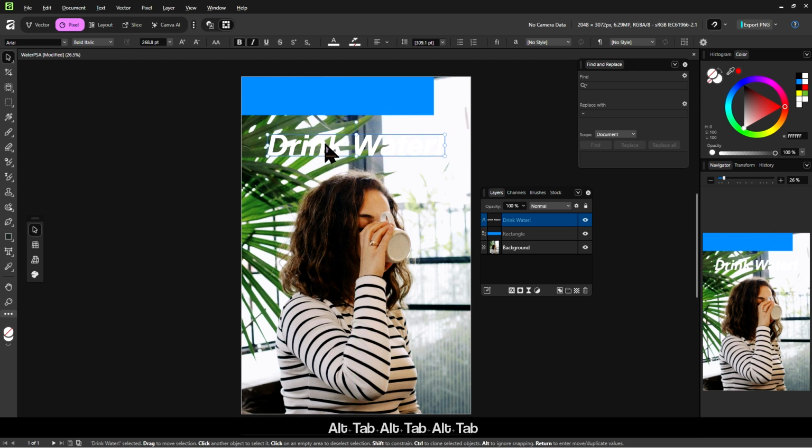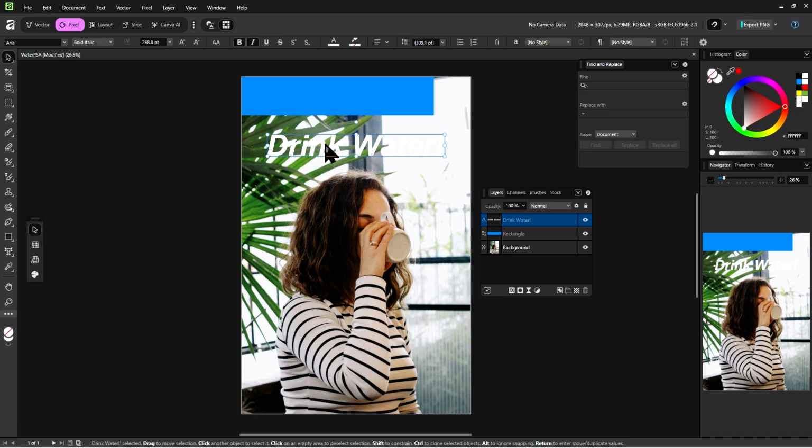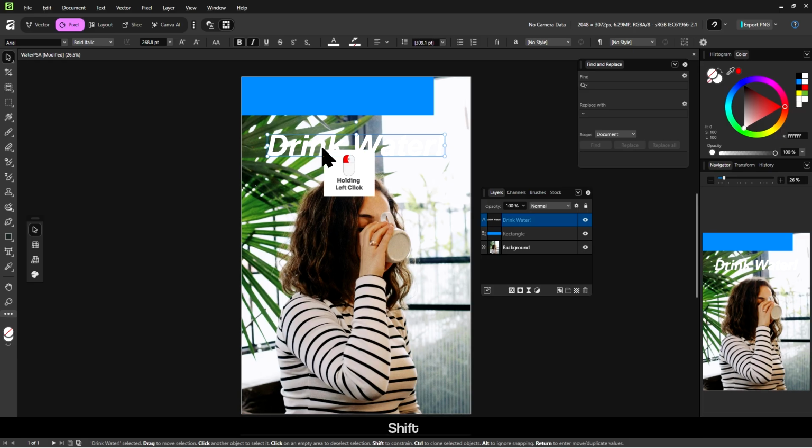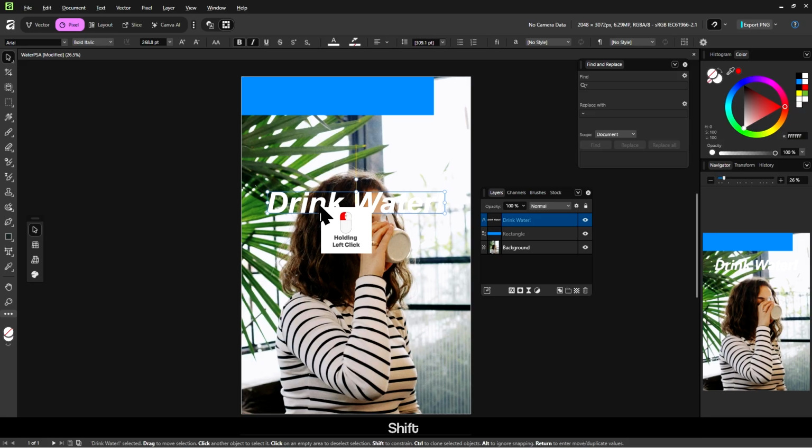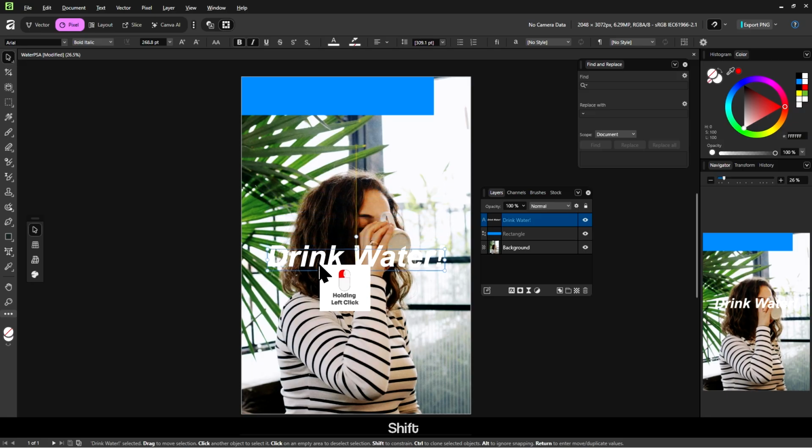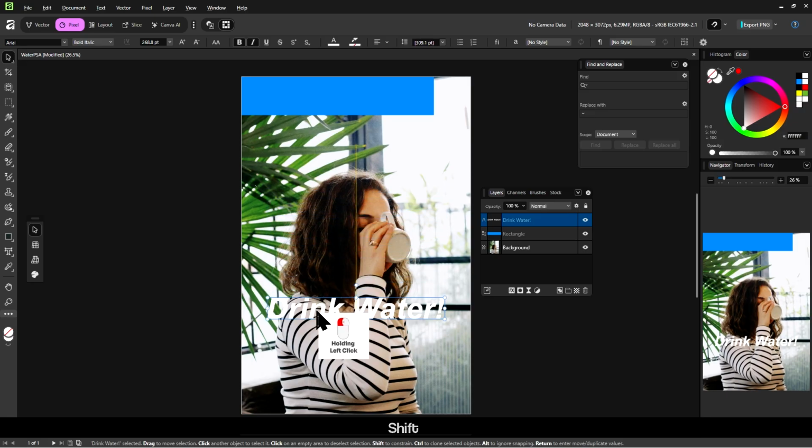If you hold shift while dragging out the object, then it will lock your movement so that it stays horizontal or vertical. Horizontal just means left or right, and vertical just means up or down. So if I hold shift and move it down, it will make sure I only move it down without moving it to the left or to the right.